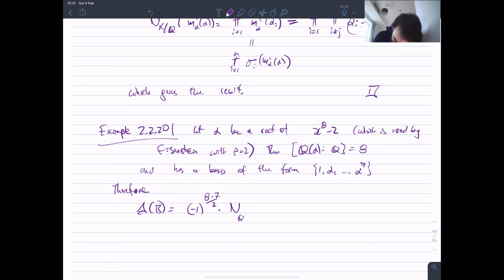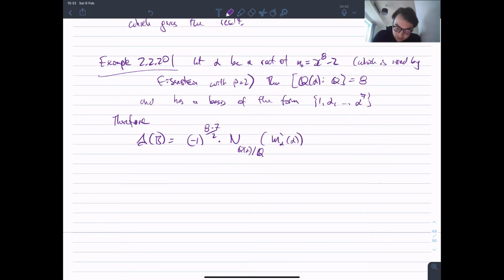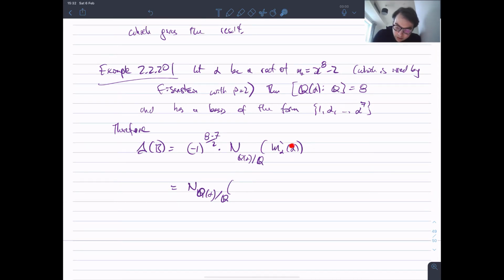The norm from Q(alpha) to Q of m alpha primed evaluated at alpha. What's this? Well, the sign is even, so the sign disappears. This is the norm from Q(alpha) over Q of what element? Well, if I differentiate this polynomial and evaluate at alpha, what do you get? You get 8 times alpha to the 7,